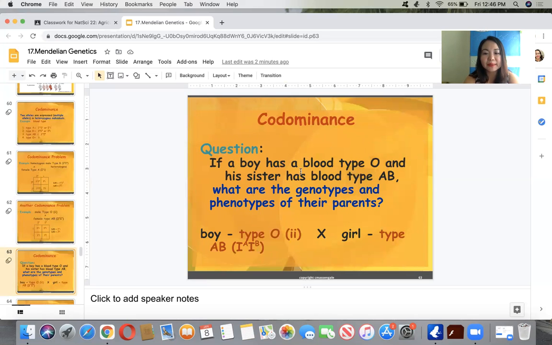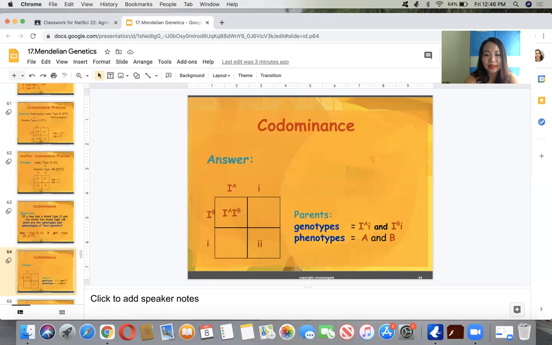So if a boy has blood type O and his sister has blood type AB, what are the genotypes and phenotypes of their parents? So the boy has type O and is crossed with a girl type AB. So the answer would be